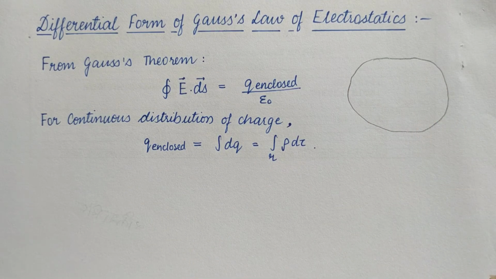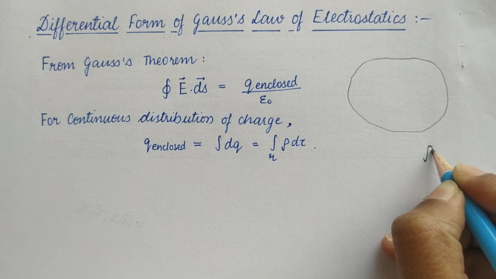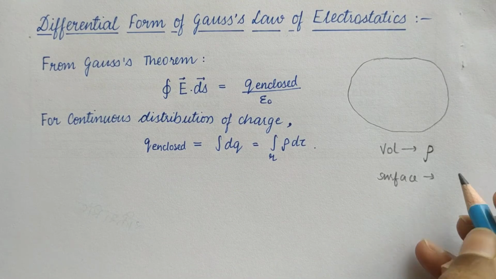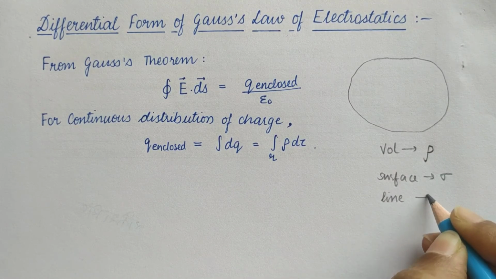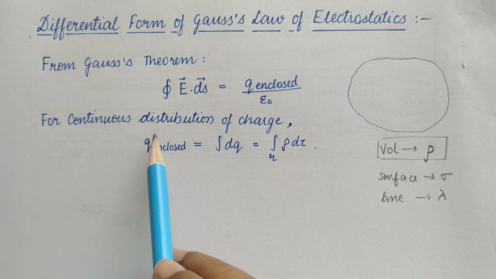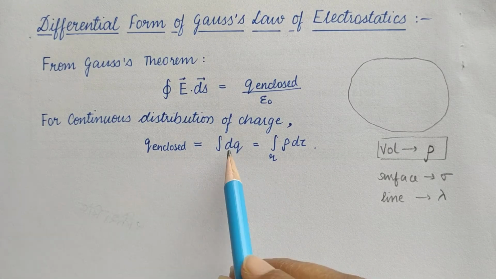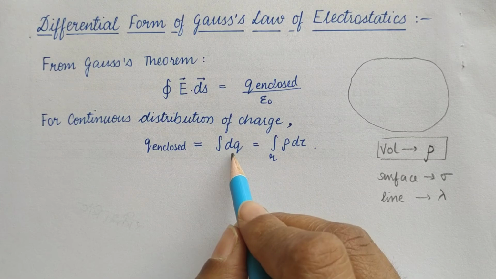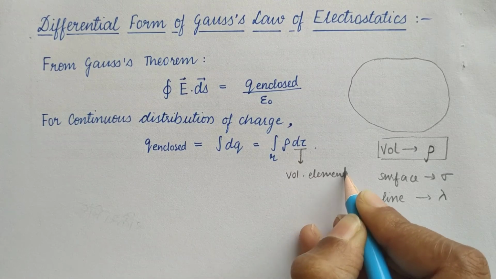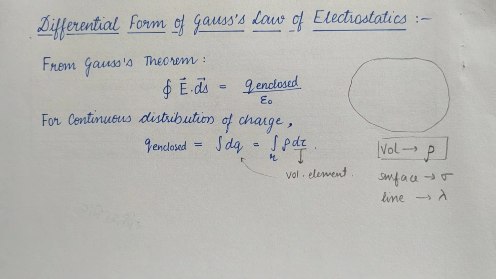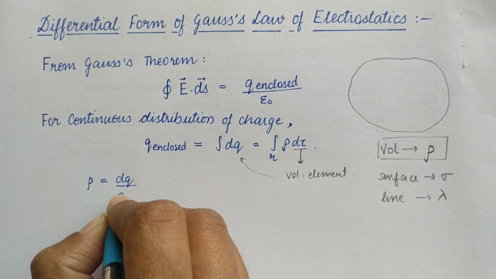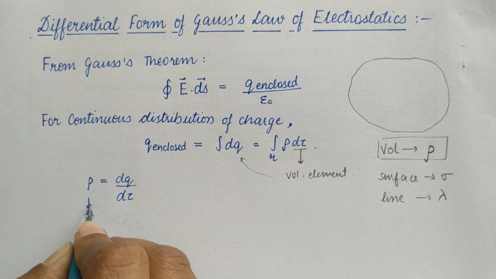So it will now act as a volume. So we will use a volume element, that is rho. It is for volume. And for surface we use sigma, and for line charge distribution we use lambda. So here we are taking volume, so we will use rho. Now for continuous distribution of charge we have taken q enclosed, that is dq, and now we will replace this dq with rho d tau. Here d tau is the volume element, which is containing dq amount of charge. So we can write rho equals dq upon d tau, and here rho is the volume charge